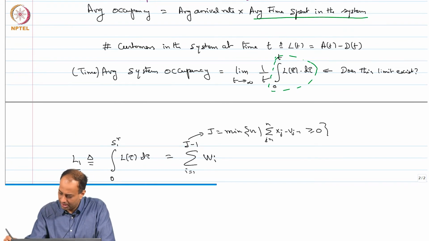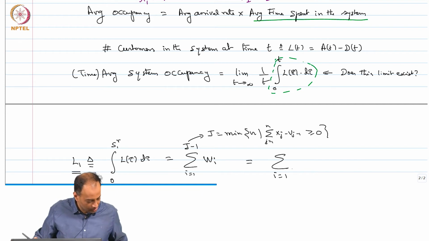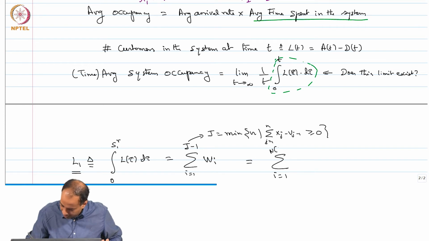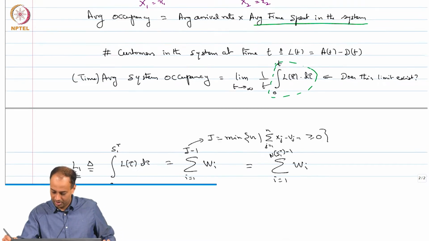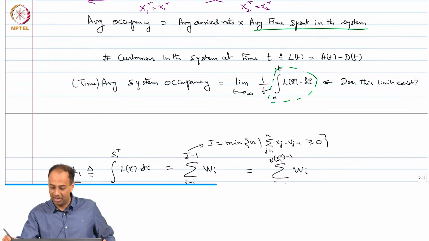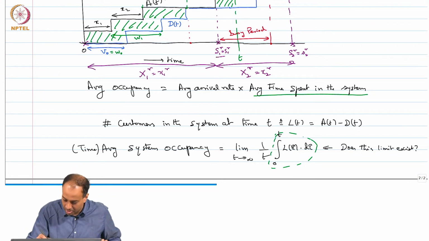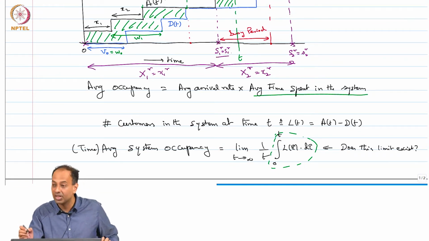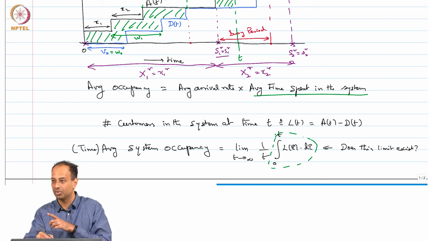Okay. Actually, we can write this in a slightly different notation too. We can write this as sum over I equal to 1 to n of S1 r minus 1 of W I. Okay, this may look like complicated notation, but it is really not that complicated. So, S1 r is this guy, right. n of S1 r is the index of the first arrival to an empty system,